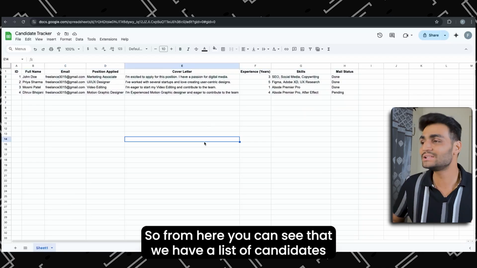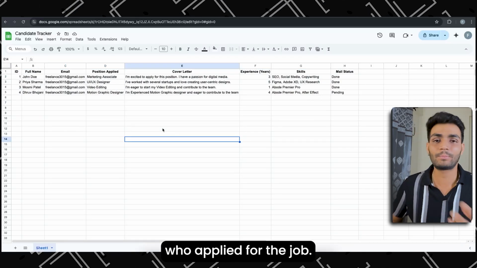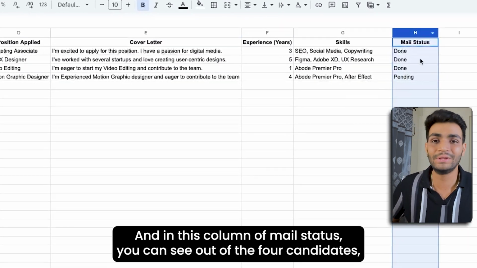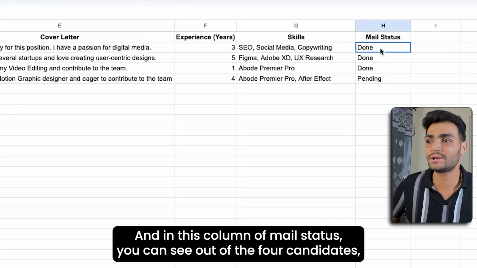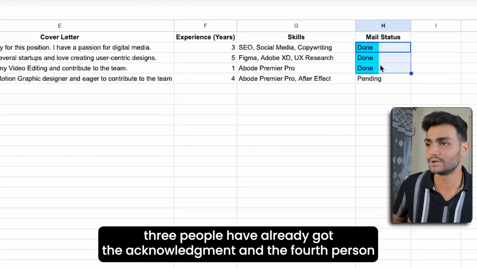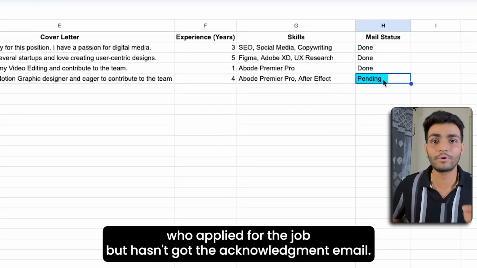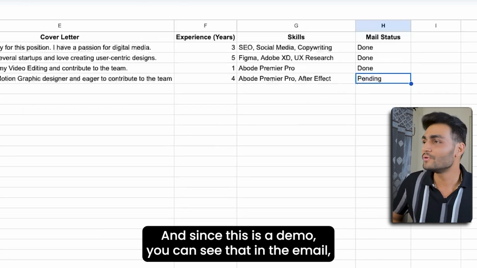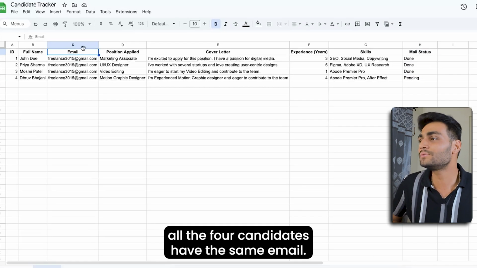So from here, you can see that we have a list of candidates who have applied for the job. And in this column of mail status, you can see out of the 4 candidates, 3 people have already got the acknowledgement. And the 4th person has applied for the job but hasn't got the acknowledgement on mail. And since this is a demo, you can see that in the email column, all the 4 candidates have the same